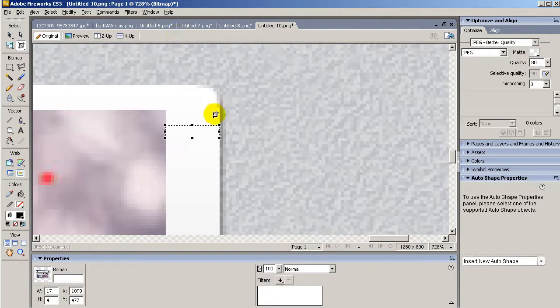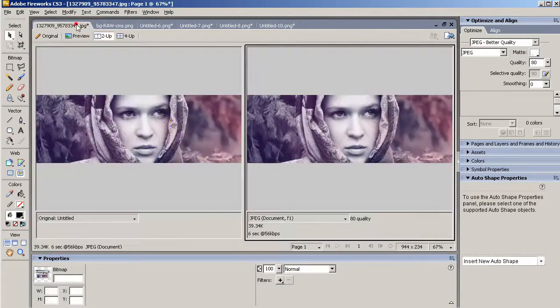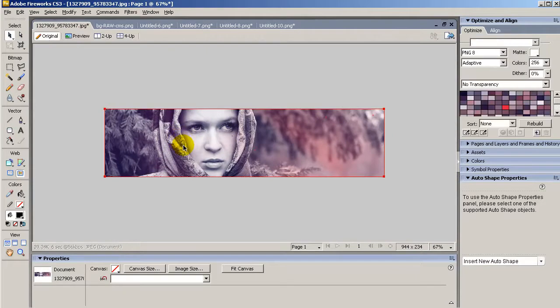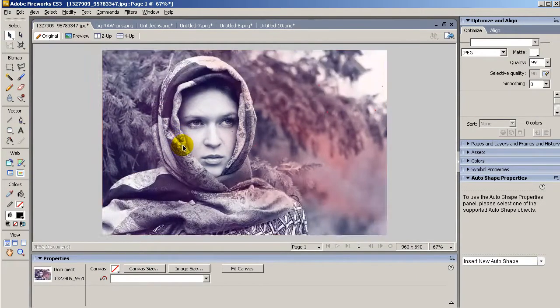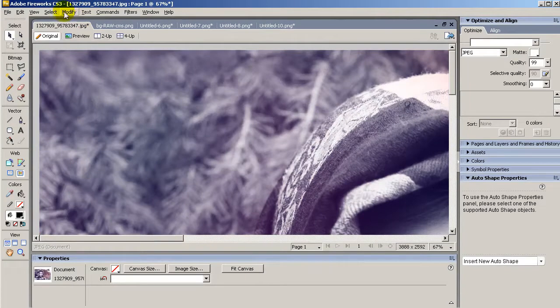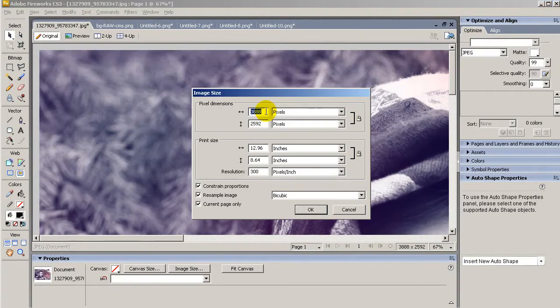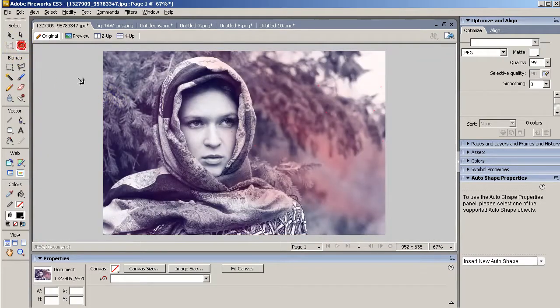What we are going to do is going back to the image, and we are going to click Ctrl C several times right there, and we are going to change the size. Let me click on canvas image size, and then change the width to 952 pixels. Click OK. Then with the crop tool we are going to have the same height, 234.